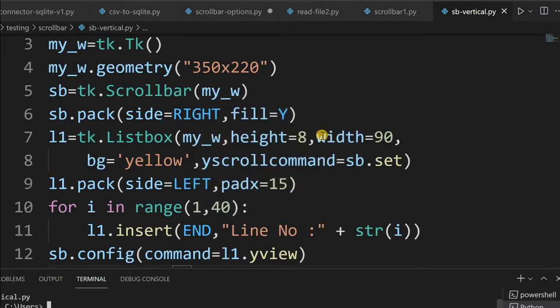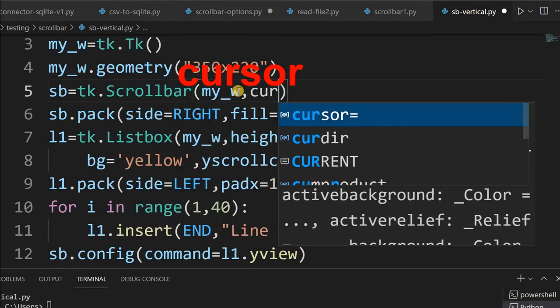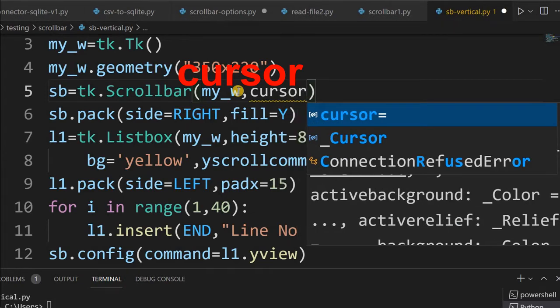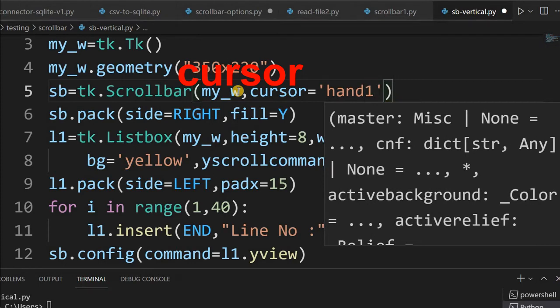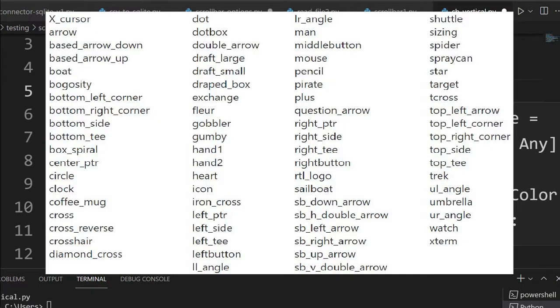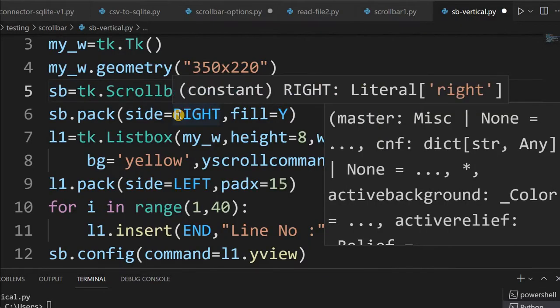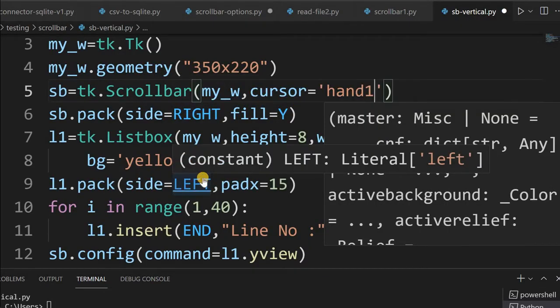Let's close this. Add one option here. Here I will add an option. There are different cursor shapes available. So one is hand1. There are around 50-60 cursor shapes available. The link is in our bottom section. That entire list is available. One of the cursor shapes I am using. This is the option hand1. So I think hand2 is the normal hand by default.